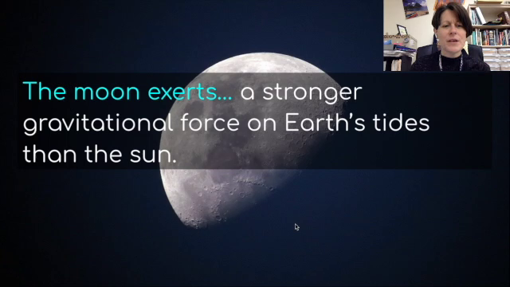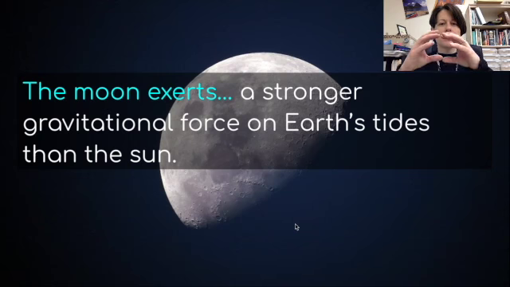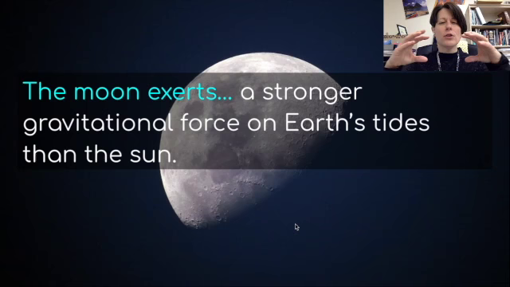So, where do tides come from? It's from the exertion of gravity on Earth's water, on Earth's oceans. The moon exerts a stronger gravitational force on Earth's tides than the sun. Both the moon and the sun affect the tides, but because the moon is closer to the Earth, it has more gravity. And what the moon does is pull the water toward it